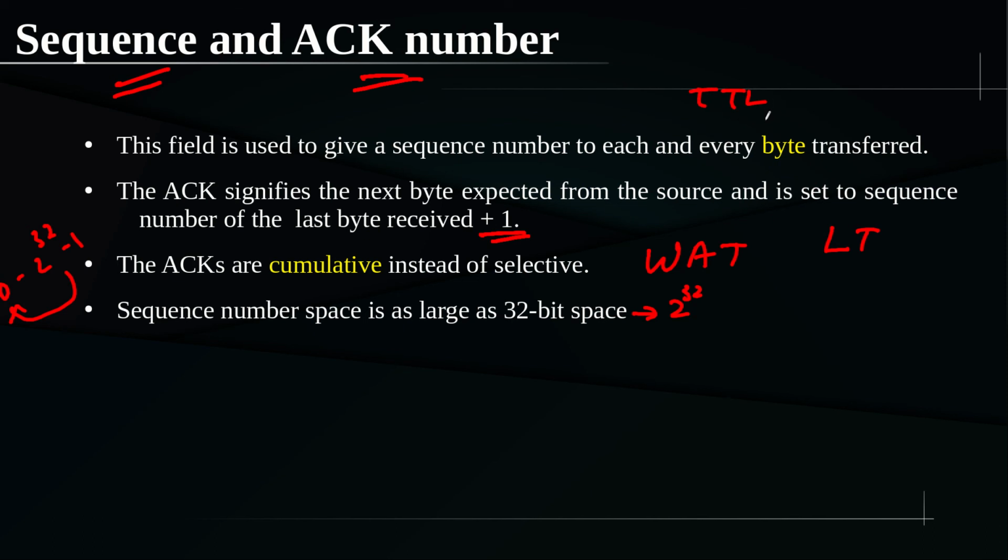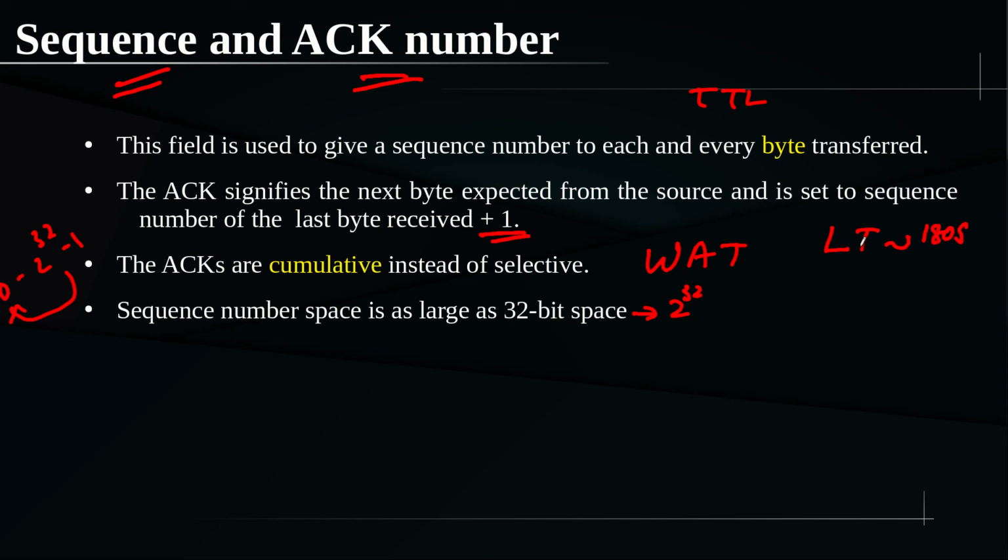And for safe delivery, in the worst case, how long the packet will have a life once you start sending it, after how long it will reach the receiver side. That is the lifetime. In a typical internet, in the current scenario with our current speed and network congestion, considering all these parameters, we have an estimate for it. It is around 3 minutes or 180 seconds.